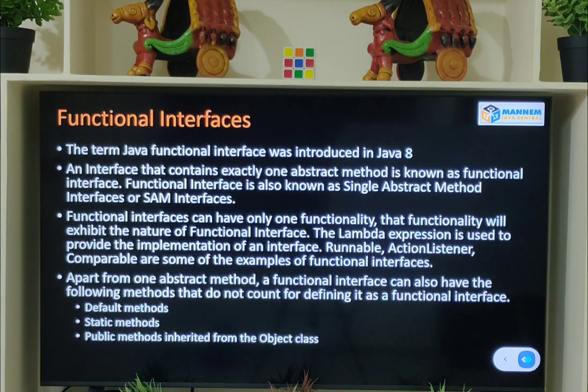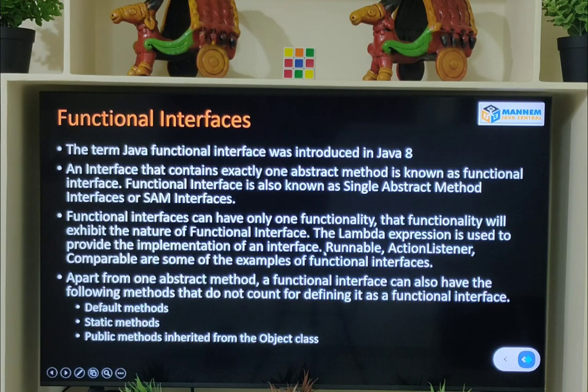For example, Runnable, ActionListener, Comparable are some of the examples of functional interfaces. These three functional interfaces are predefined interfaces. Already these interfaces are defined in the Java language. But unlike these predefined interfaces, every programmer can write his own functional interfaces also.